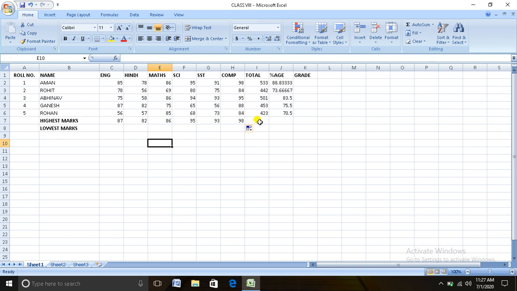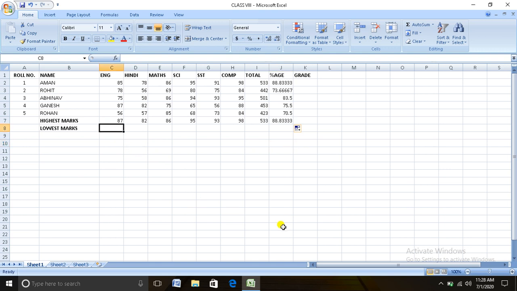If you want to know the highest total, then simply we can copy the formula in the total column like this. The highest total marks is 533. Similarly, we can copy the formula in cell J7. You get the highest percentage, that is 88.83.